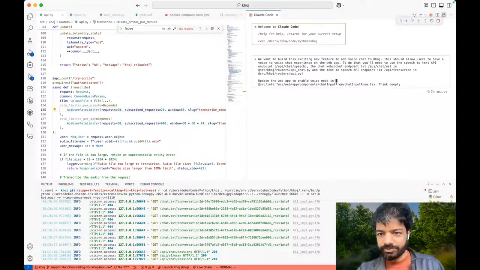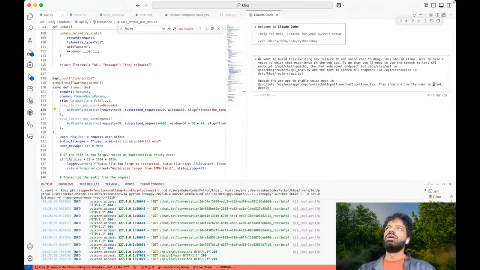Update the web app to enable voice mode. This should allow the user to. Wait, do we even want clicking the mic button at all? I wonder if you toggle the voice mode on, then it should just start to record, and then once. Oh wait, so then there's no way to stop. In the ideal scenario, maybe that's what you do. But for now, we want the user to be able to stop the recording, not try and auto detect the turn end. It's called turn detection, and I don't want to get into auto turn detection for now. This should allow the user to press